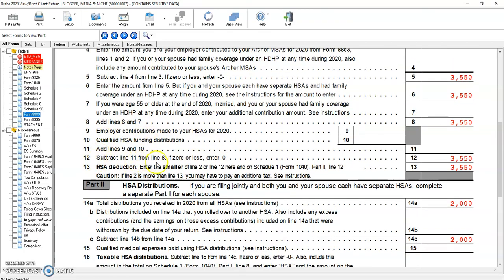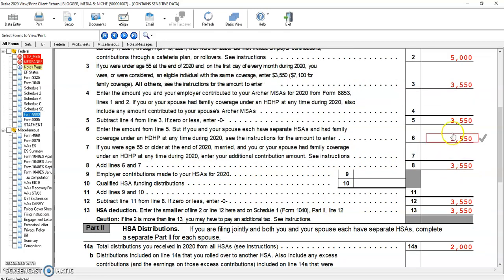Subtract line 11 from line number 8, it comes to $3,550, and enter the smaller value of 2 and 12. So this is the amount.